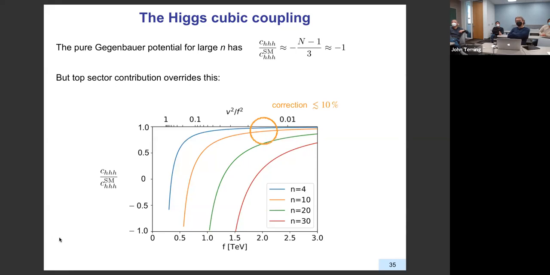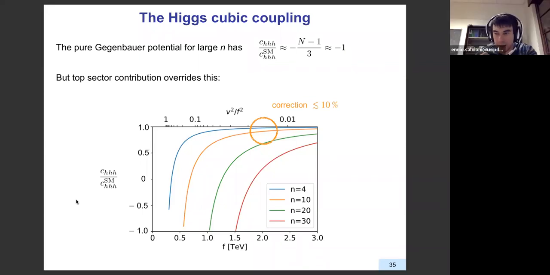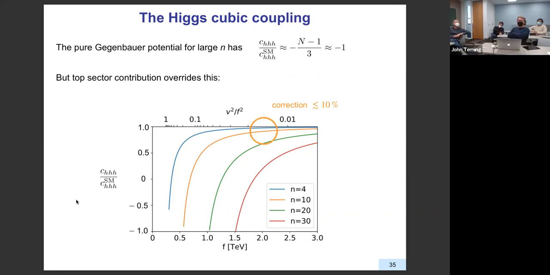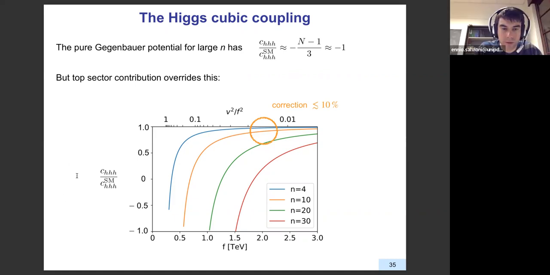So in some sense, it's not a huge surprise because everything here is decoupling. It's different from the tadpole case, right? The tadpole case is a truly non-decoupling contribution, and so you do get a large contribution to the cubic. I was just trying to understand that. Absolutely. And this is important because at the very end, in a few minutes, we will come back to this in the twin case, and then it will be neater in the sense that the top loops are smaller, and so the Gegenbauer will win. Okay. Thanks.